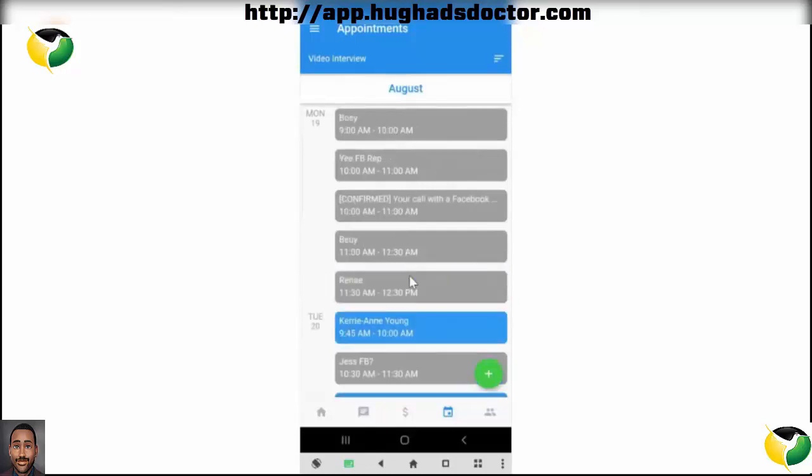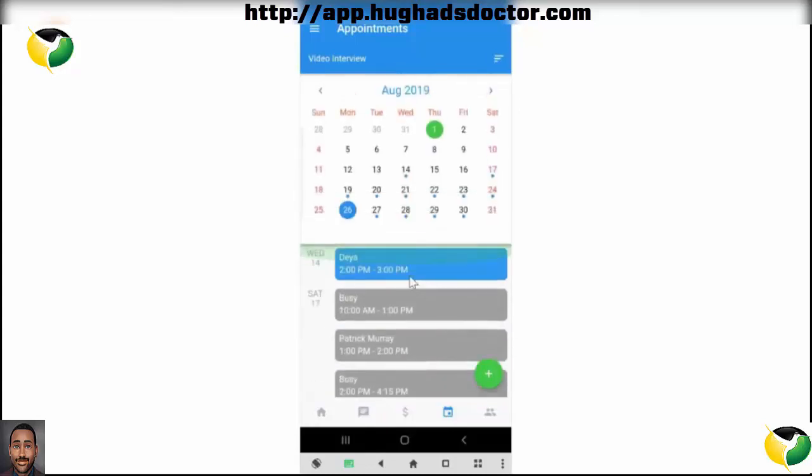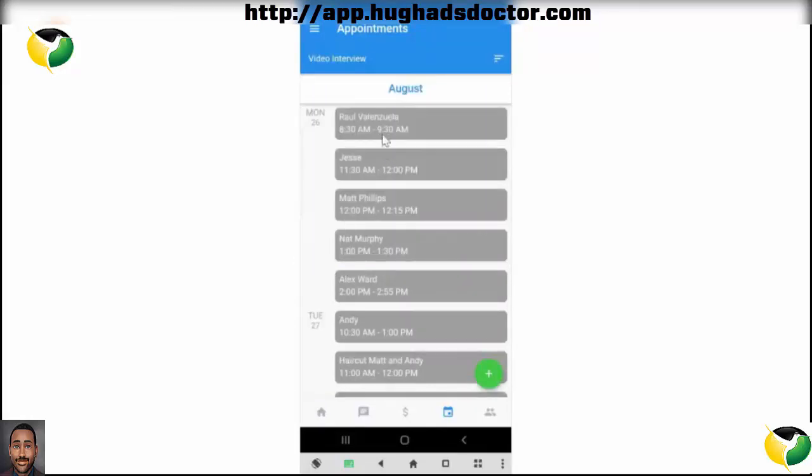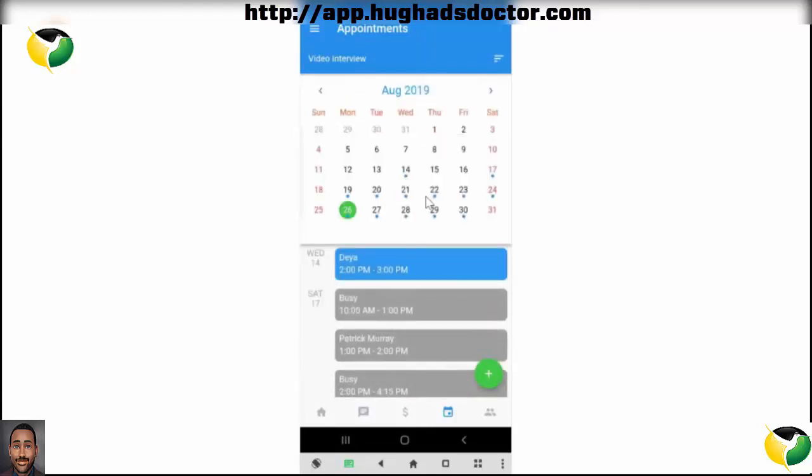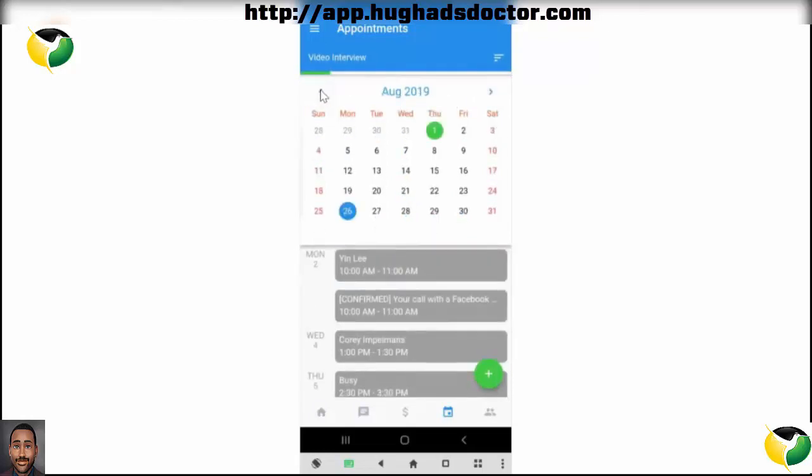Okay. And you can also notice how you see the blue and the gray. If you have multiple different calendars for different kinds of appointments, then you can differentiate them from each other. You can set it based on the color coding as well. All right. So here you can always change the month and see how appointments are set into the calendar from